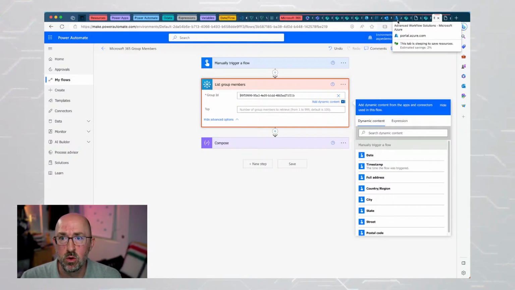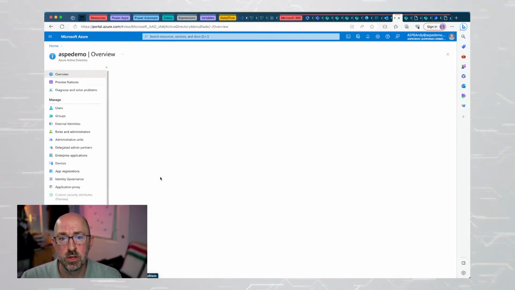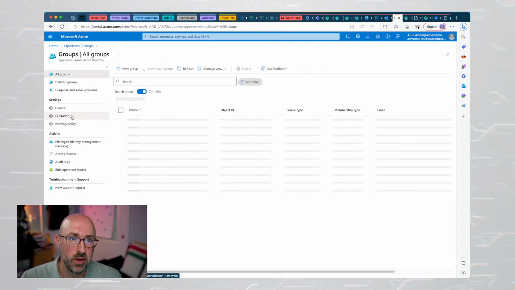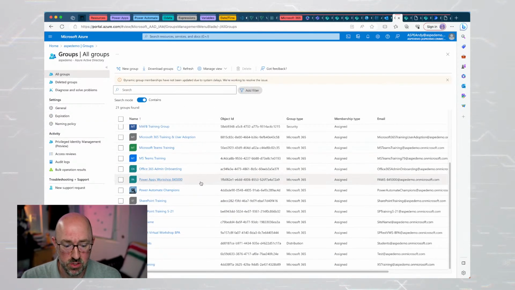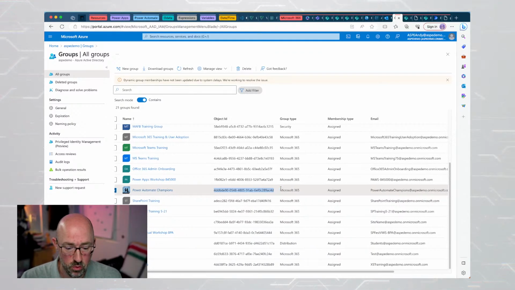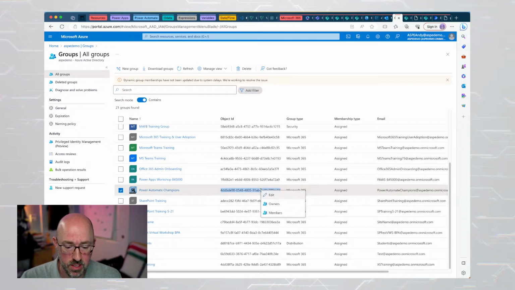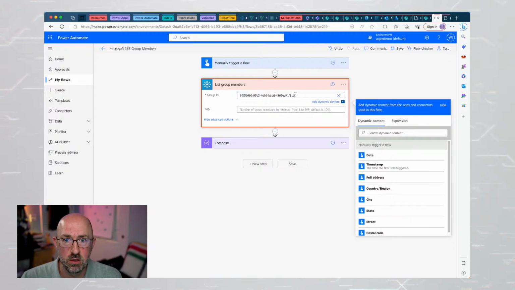So for example, if I go into portal.azure.com, I can go into Azure Active Directory, and then I can select groups. That's going to show me a lot of the groups that I actually have, and then it's just a matter of scrolling through until I find the group that I want to work with. So in this case, maybe I want the Power Users Champions group that's here, and this is the group ID associated with that. So I can copy that value, and this is a demo tenant, so it'll be okay. So I can copy that value, and then from there, it's just a matter of